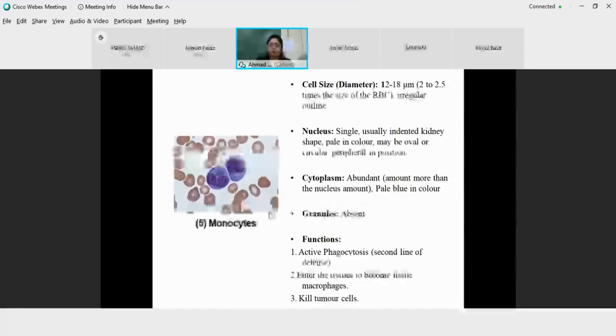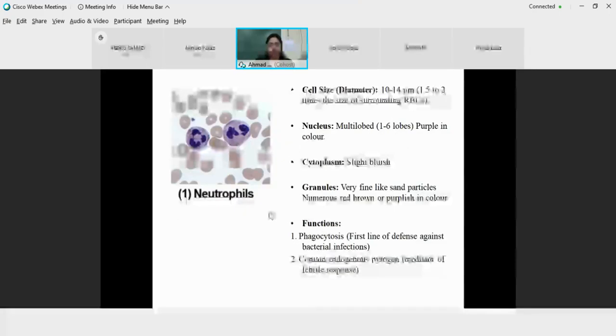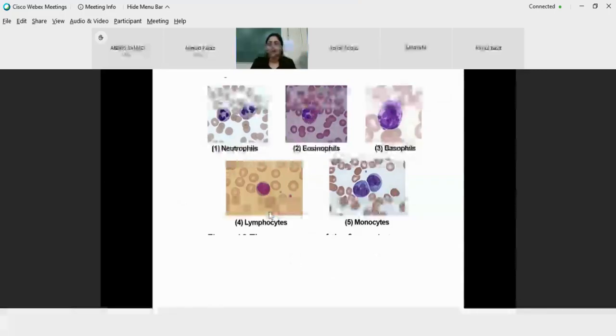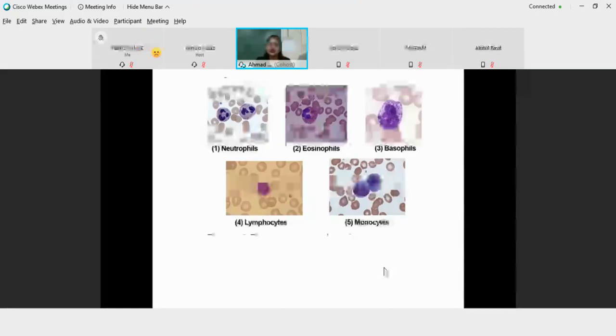So have you understood all the 5 types of cells? Students, now can you identify all the 5 types of cells? Once you come to the lab, you will have to perform the experiments on your own. You will have to prepare your own peripheral blood smear, and observe them under the compound microscope. Then you will have to identify all these 5 types of cells, and we will be there to help you identify them. Right now, in this online mode, we are just giving you a rough idea of what you have to do once you come to the hematology lab. All these experiments will be done by you.